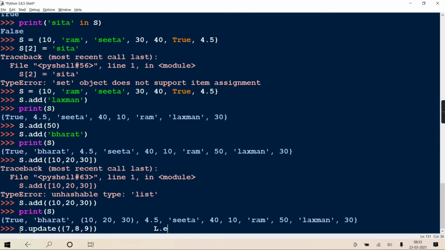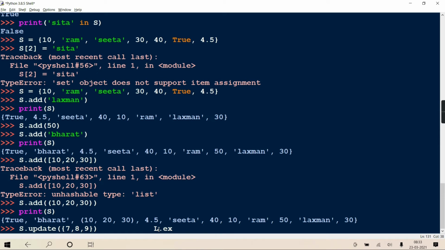In case of list, there was one extend method. Remember? When we took three methods, one was append, another was insert, and third was extend. So L dot extend, and there also we were giving some list or tuple. So all the elements were getting added, 4, 5, 6 in L.